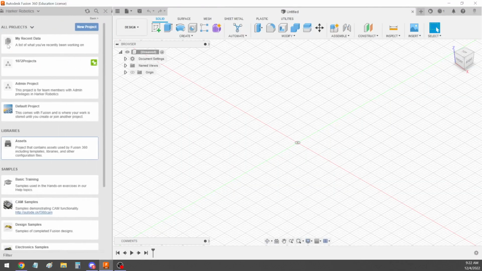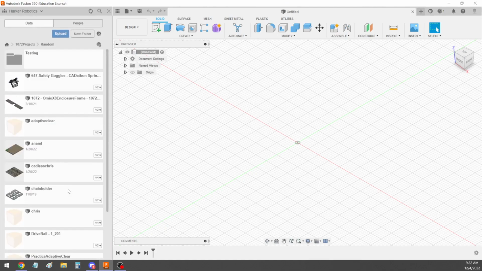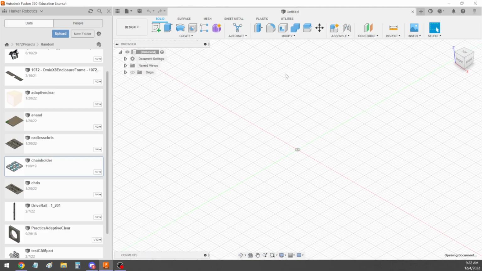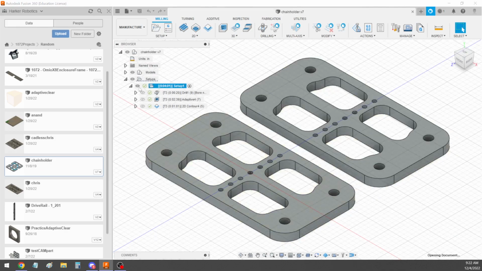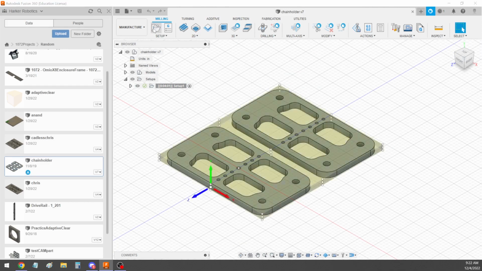Once your assets are in here, you should be able to use them. So, for example, I'm going to go over to Random, and I'm going to open this chain holder. This is like one of my go-tos for when I'm trying to test out a template because it's a very simple part. I'm going to go ahead and minimize this. So to use my templates, I guess we'll get to that in this video too. Go ahead and hit Setup,